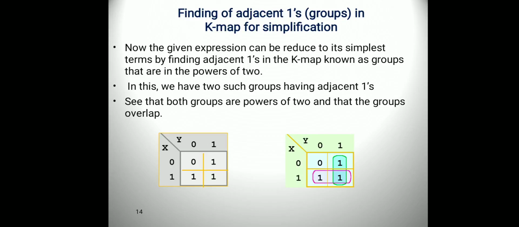See here, there are 3 ones and 2 groups. This one is one group, meaning the second column and both rows. The second row and both columns contain the adjacent ones. Okay, now